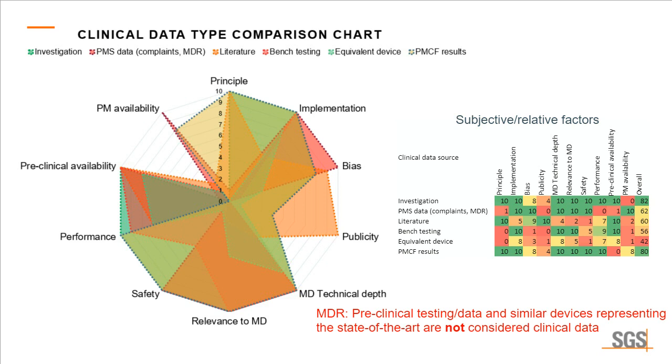You can see that the different data types have different pros and cons. Even the strongest type of clinical data, which would be an investigation, has its weaknesses and shortcomings in some dimensions. So overall, to have sufficient clinical data means to have sufficient coverage of all of these dimensions by different